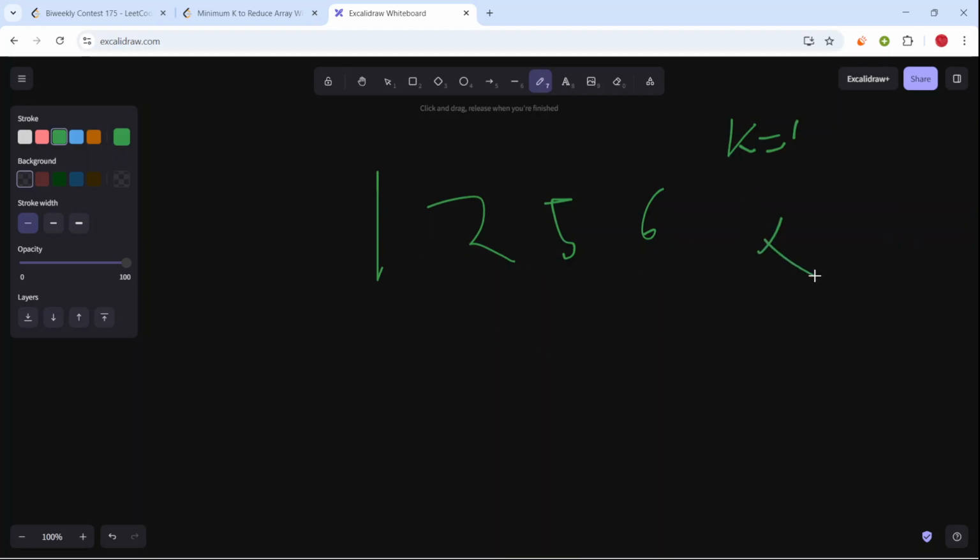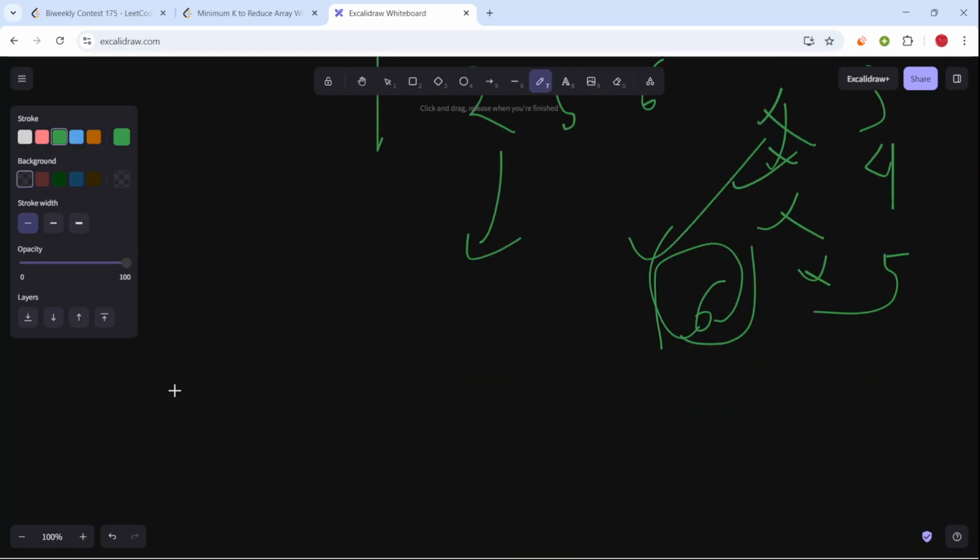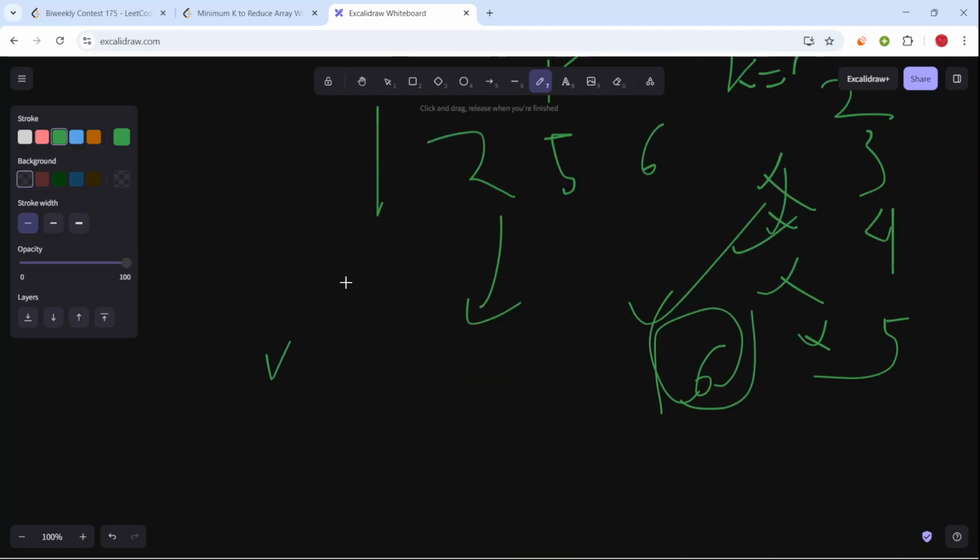For k equals 1, it doesn't work. For 2, not. 3, still not. 4, not. For 5, it works. So we don't need to check for 6, right? We can just simply come out of the loop, and we can just print the least value of k, which